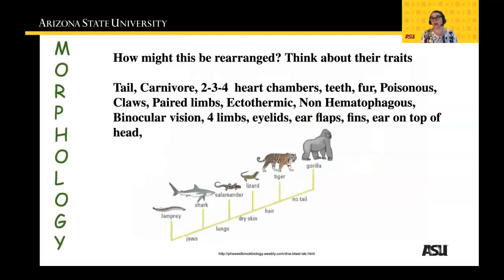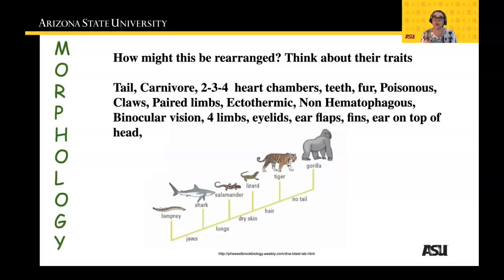The weird thing about cladistics and cladograms is that they can be rearranged. Because they're based solely on morphology, there's multiple ways to put these things together. We can look at this and think, well, what other morphological characteristics do we see? What phenotypes are there, right? Well, we know they have a tail. Well, the tiger, lizard, salamander, shark, and lamprey are all carnivorous. So we could have had an herbivore and then evolved carnivorism, if you will. And then the lamprey is hematophagous, and so it sucks blood, right? And so we could go to non-hematophagous, and that would give us the shark, the salamander, the lizard, and the